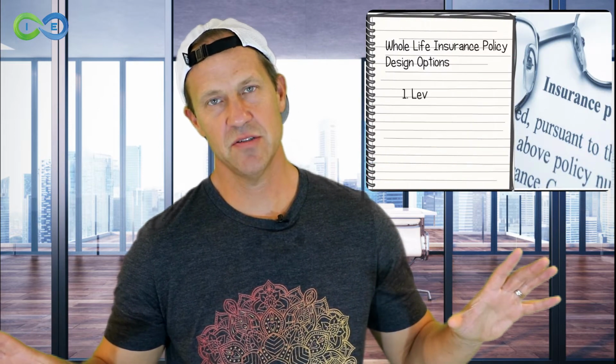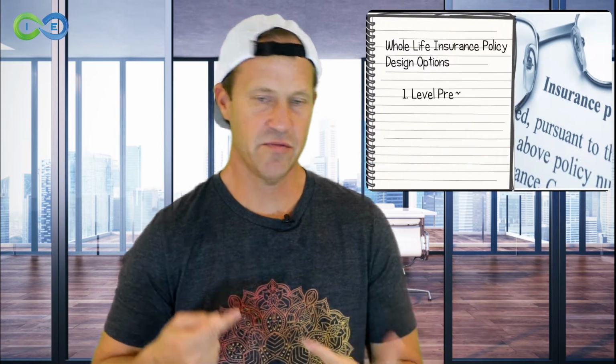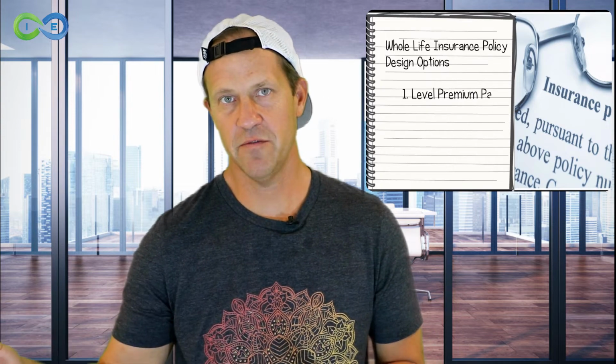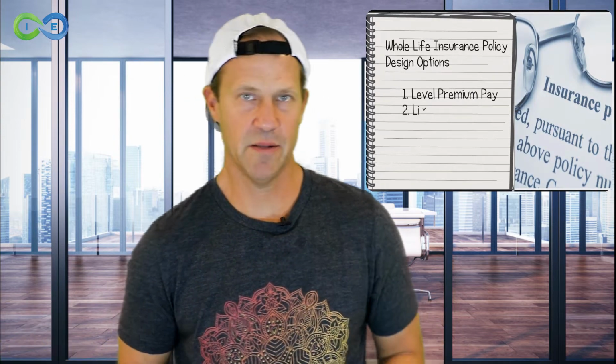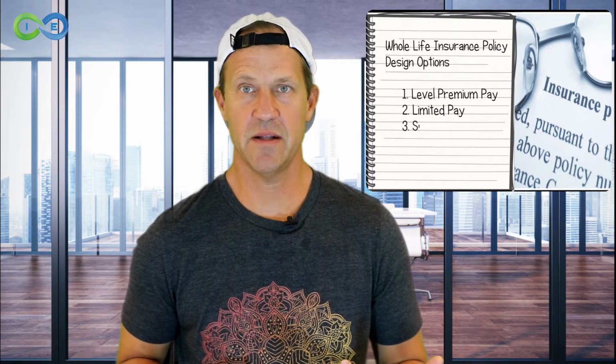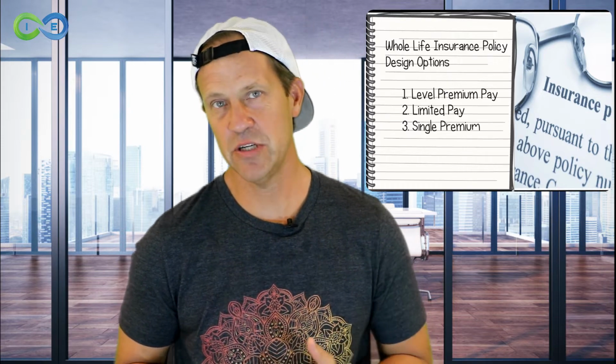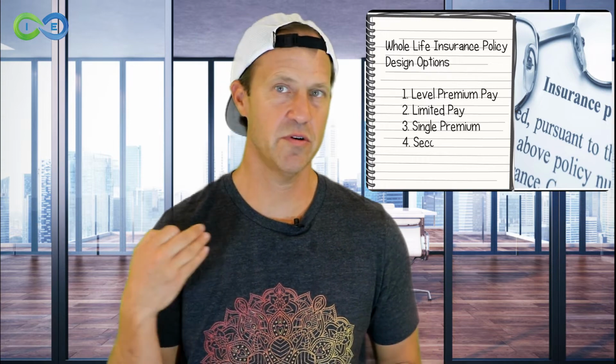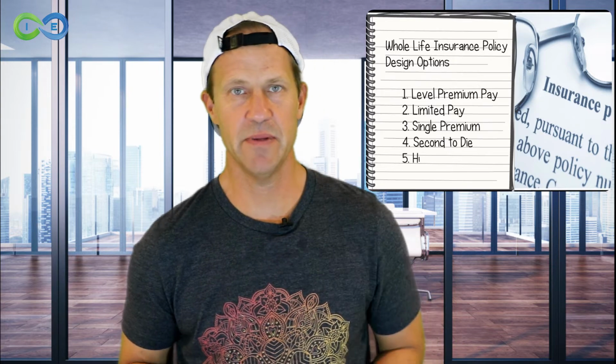What are some of the other things about whole life insurance that you need to know? One is policy design. A level premium policy is going to have even payments. The intent of that kind of basic design is that the cash value in the policy is going to equal the death benefit at age 121, and the policy will be paid up. In contrast, a limited pay whole life insurance policy will have the policy paid up in a specific period of time. You might have that be 7 years, you might have it be 10 years. Those are also called 7 pay and 10 pay. The idea is that the policy will be paid up in that time period.